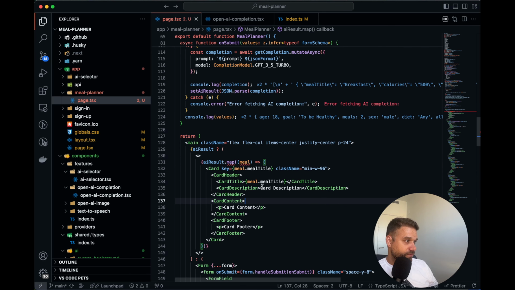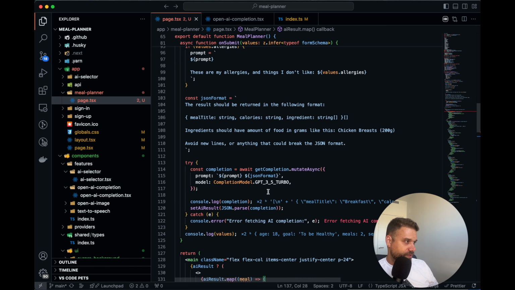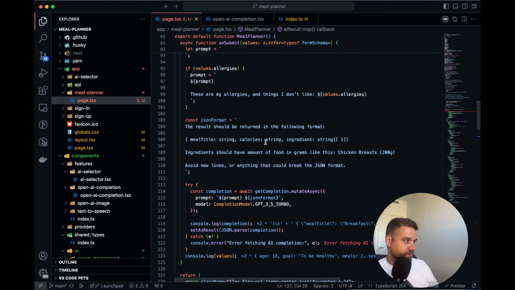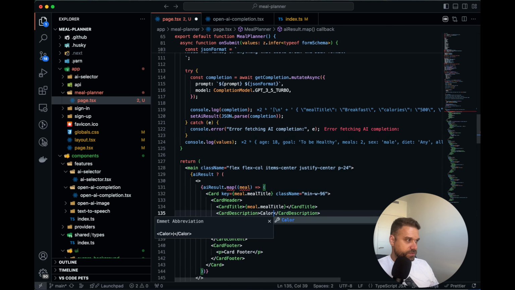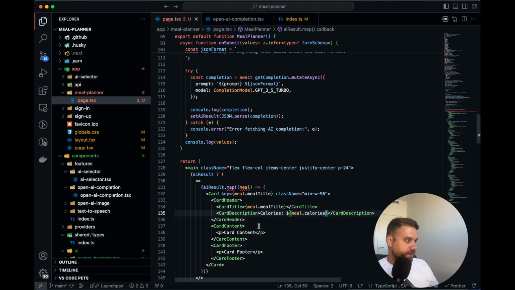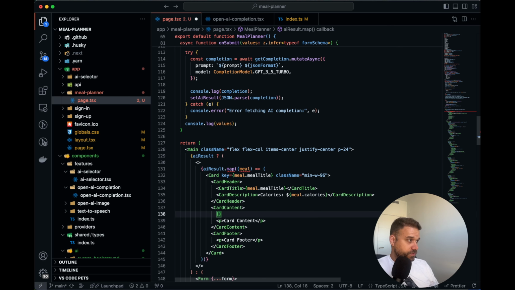So here for the card description, what do we have? I cannot even remember now. So we have our meal title. Calories, we're going to put the amount of calories in the description here. So calories, and here we're going to put meal.calories. And in our card content, we're going to go through our meal.ingredients, and it's the small i, and we're going to map through it, and for each ingredient we're going to display it